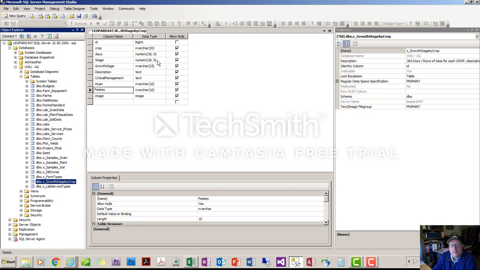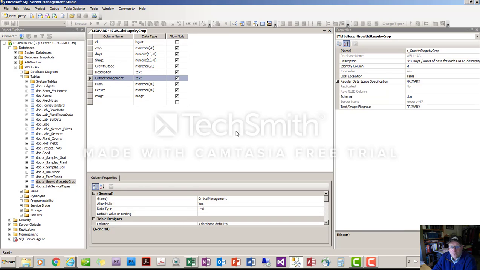The design of this table is pretty simple. You've got a crop. In this case, I've entered two types for reference, canola and wheat. The number of days column basically correlates to the time when the seed is introduced to the soil, so the time of planting, and the growth stage, or the stage as described here, and then the actual growth stage with a description, as well as a critical management column, which will assist with a description of